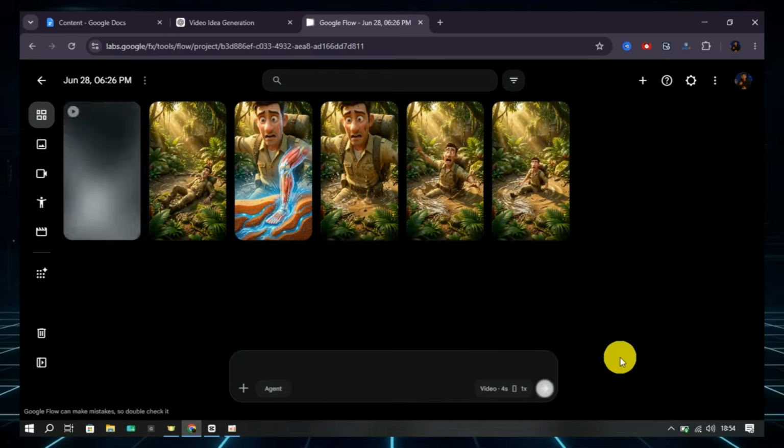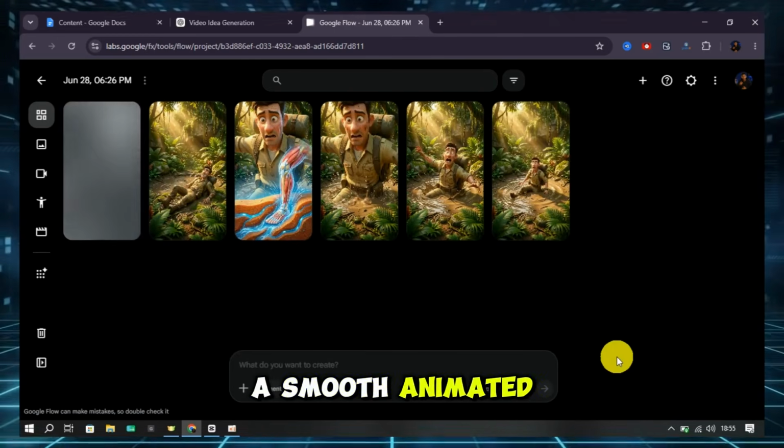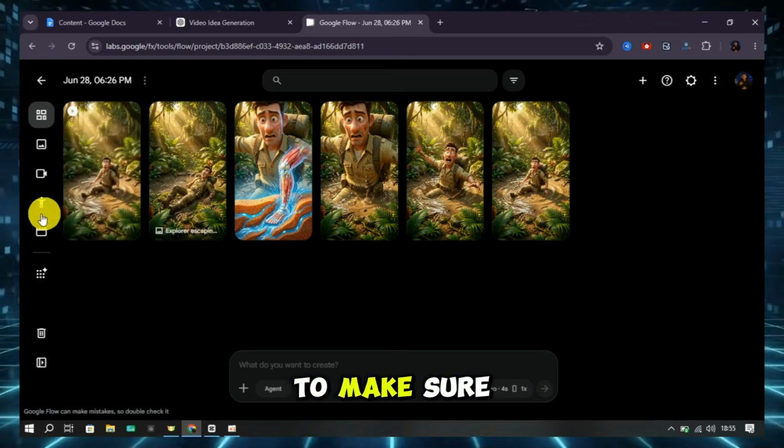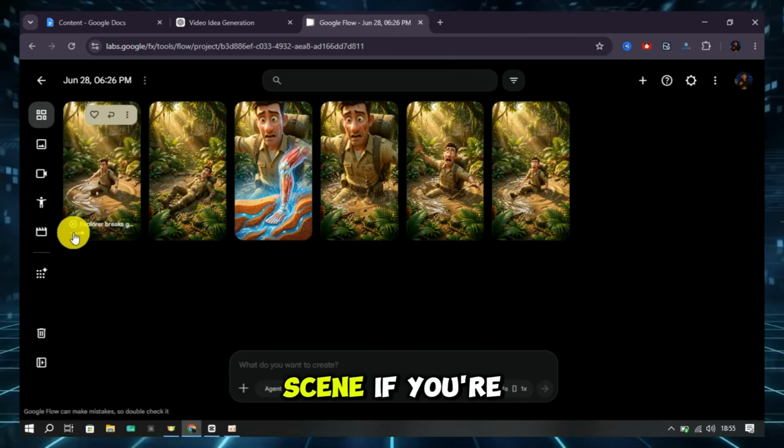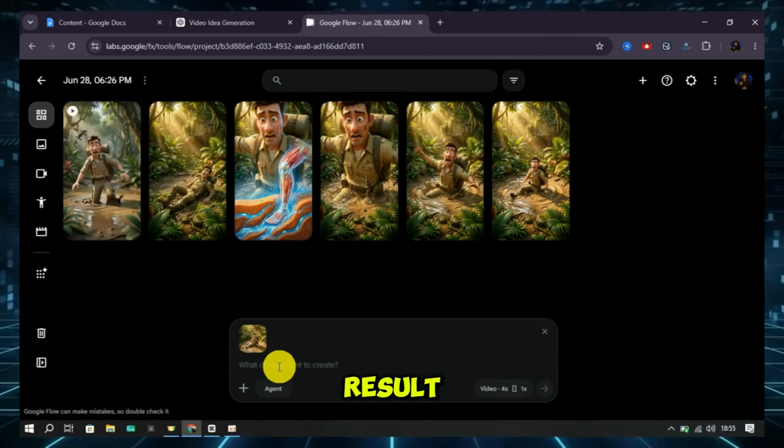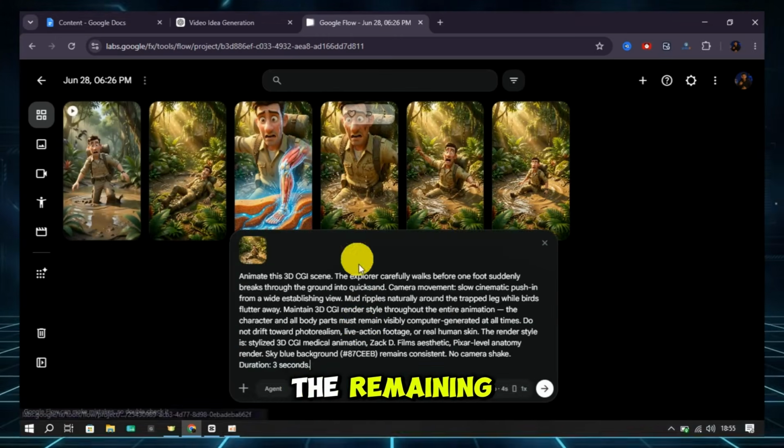Within a few seconds, you'll have a smooth animated clip. Watch it once to make sure the movement feels natural and matches the scene. If you're happy with the result, simply repeat the same workflow for the remaining images until every scene has been